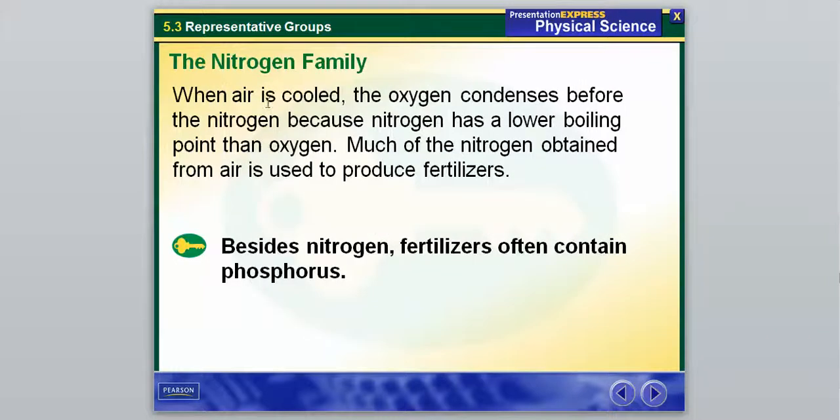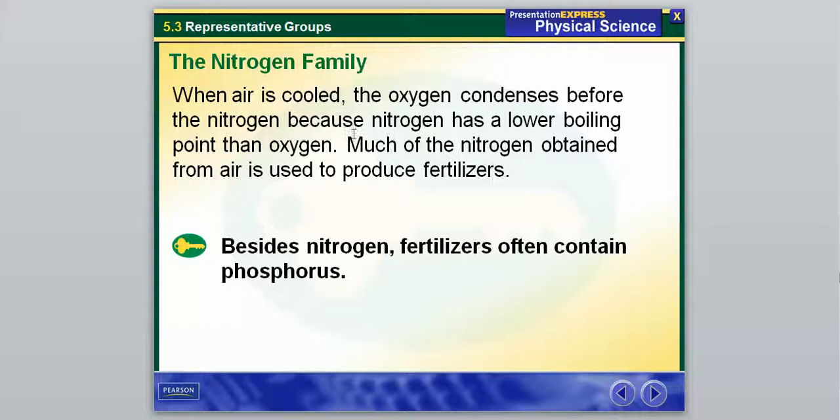So when air is cooled, the oxygen condenses before the nitrogen because nitrogen has a lower boiling point than oxygen, and much of the nitrogen obtained from air is used to produce fertilizers. So nitrogen, if you did not know, is the most abundant element that we have in the Earth's atmosphere, and so one way that we can harness this nitrogen for use is obtaining it from the air and using it to produce fertilizers, because almost 70% of the air that we breathe in is actually made up of nitrogen. So it is extremely important, and one of the things that humans do with it is they